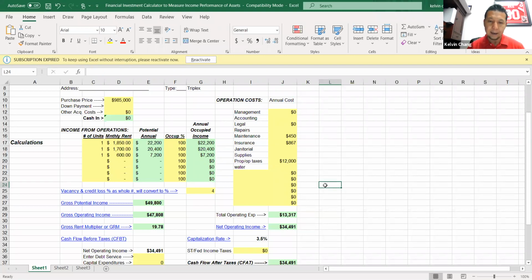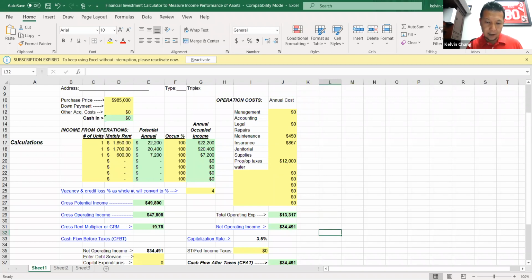Okay, so that's the analysis of this property. If I look at this income, I look at this potential, mine's going to be priced around a 3.5% cap rate for a new buyer, but it's something that is for us to analyze. We're going to get net 34,000. Okay,